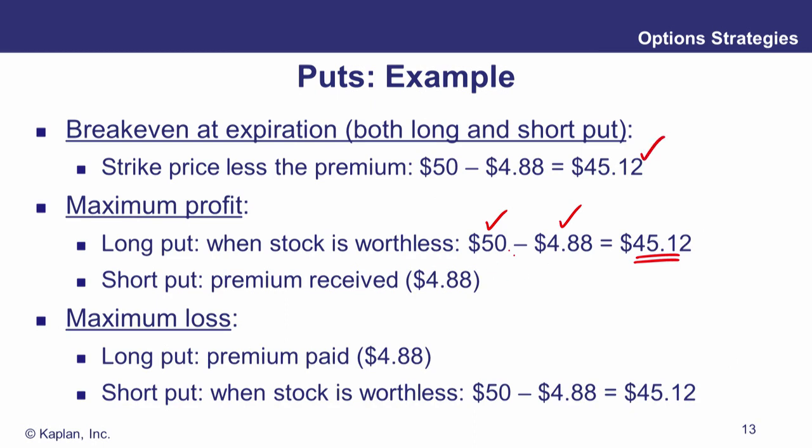Okay, and for the long put, the downside is always just the premium paid. That's the same for both calls and puts. And don't forget, the maximum profit to the short put is essentially the maximum loss to the long put, zero-sum game again. The maximum loss to the short put is going to be the maximum gain to the long put. All right, so once again, it's just negating the positions. And for me to complete the picture here,